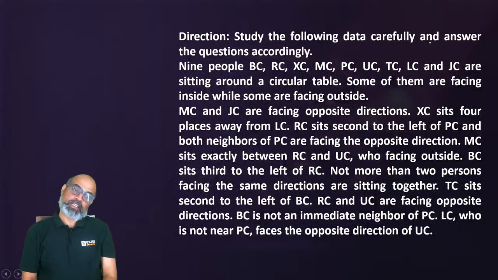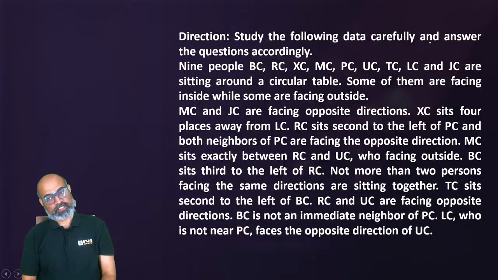X sits 4 places from L. R sits second to the left of P, and both neighbors of P are facing in the opposite direction. So whenever we have facing in the opposite direction, we are